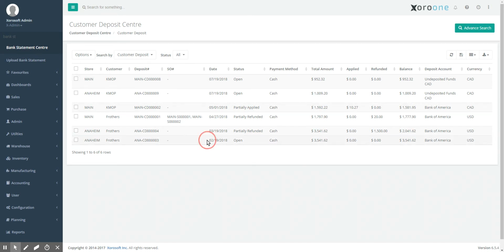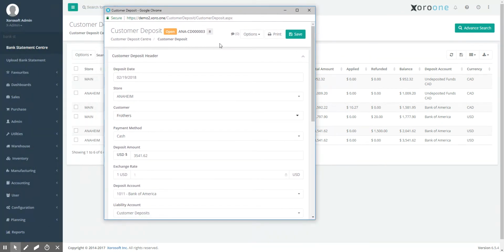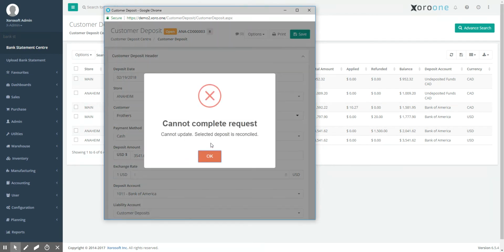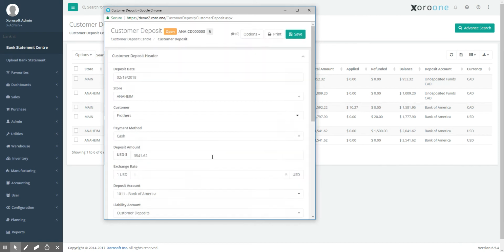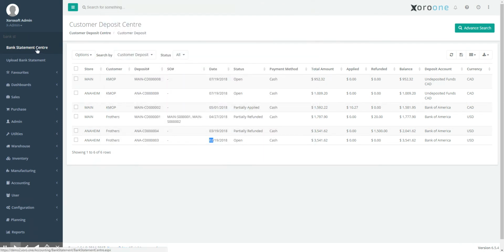So for example, let's say I open up this bank deposit here, or sorry, this customer deposit, and I notice the R on the top here that says reconciled. If I try to save or edit this transaction, it's not going to allow me because it's going to say it's reconciled. So in order to unreconcile it, I can go to the bank statement center,